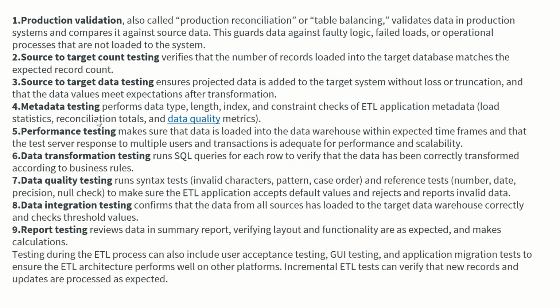Okay. So then come to production validation, also called production reconciliation or table balancing. It validates data in production systems and compares it against source data. This guards data against faulty logic, failed loads, or operational processes that are not loaded into the system. So second one, source to target count testing verifies that the number of records loaded into the target database matches the expected record count. Third one, source to target data testing ensures projected data is added to the target system